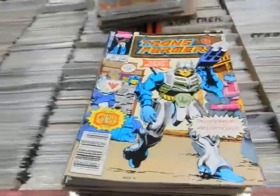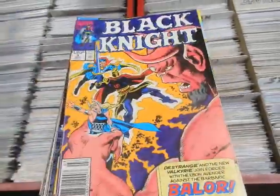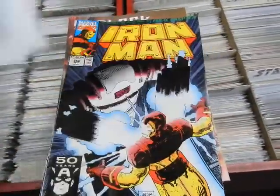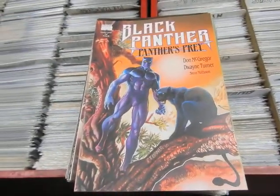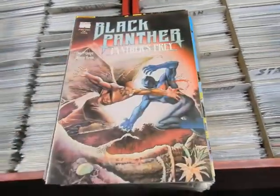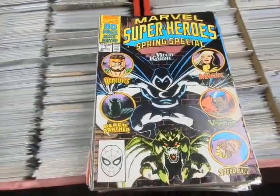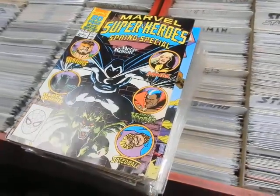The Transformers number 63. An Iron Man 265. Black Knight number 3. Deathlok Special 2. There's an Iron Man 266. Black Panther, Panther's Prey. This is 1 of 4. This is 2 of 4. Marvel Superhero Spring Special with a Moon Knight story in there. Black Panther, Brother Voodoo,